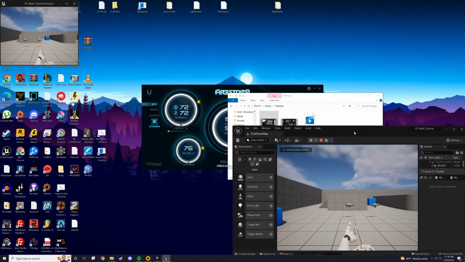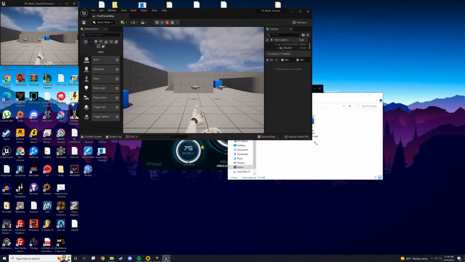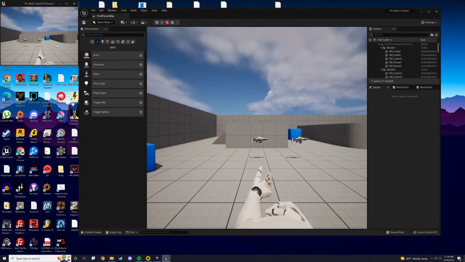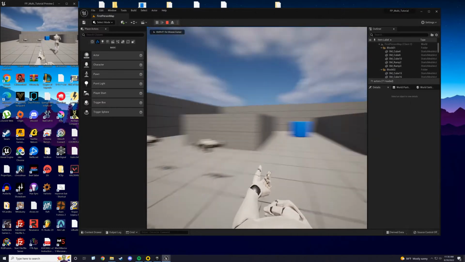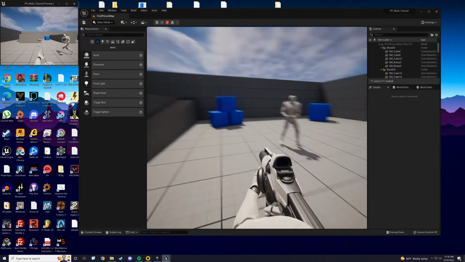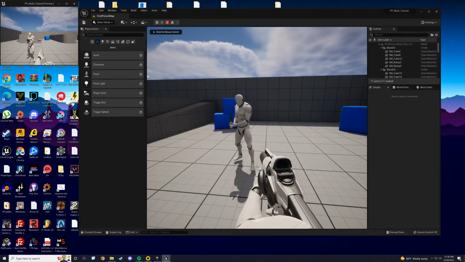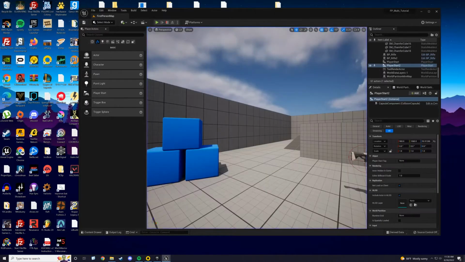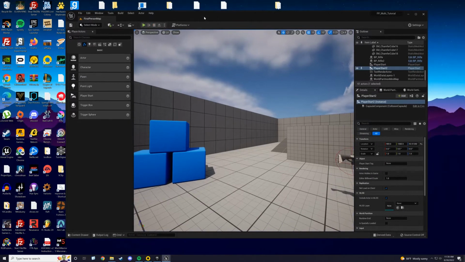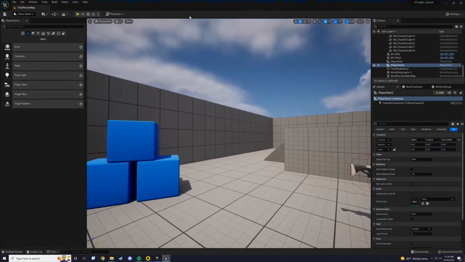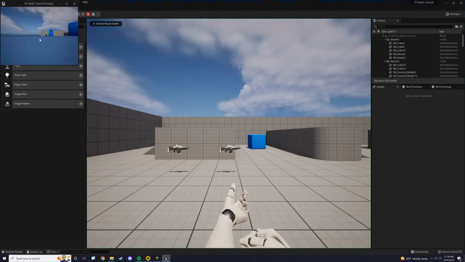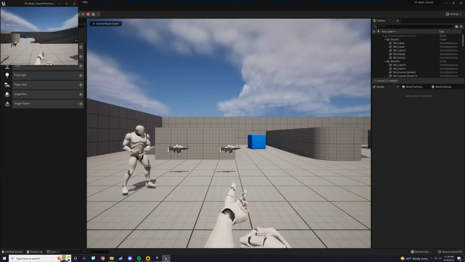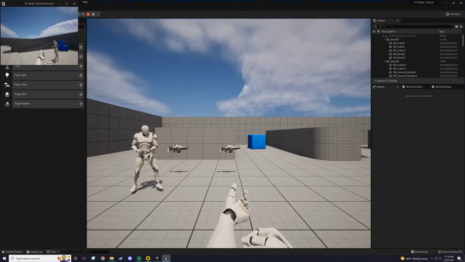Alright, so just to start off here, we should see we can walk around. It's being replicated what direction we're facing, and same for the client. We can see jumping. Alright, cool. So we can look left and right, but looking up and down is not synced up right now. Just looks like we're looking straight all the time. So to do that,